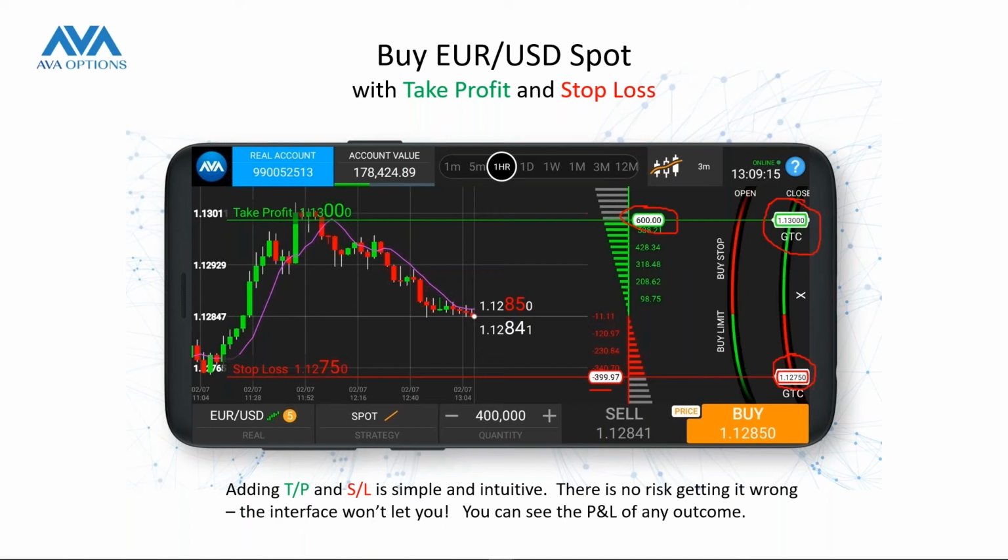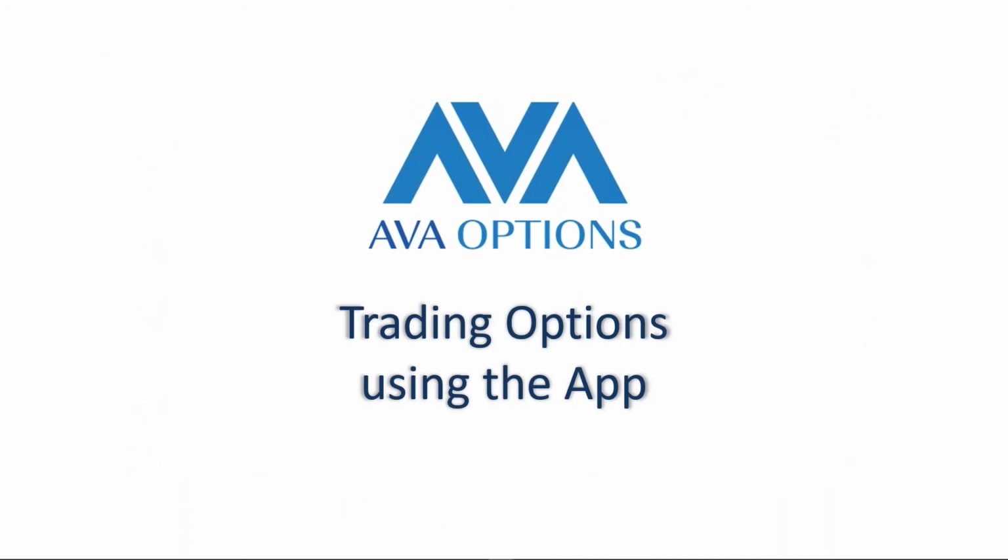Above my take profit, I'm out of the trade, and therefore the profit and loss diagram is gray. Below my stop loss, I'm out of the market, so my profit and loss diagram is gray. So we've got this great visual cue to risk. You can see how much you stand to make, how much you stand to lose. Now let's look at an option.